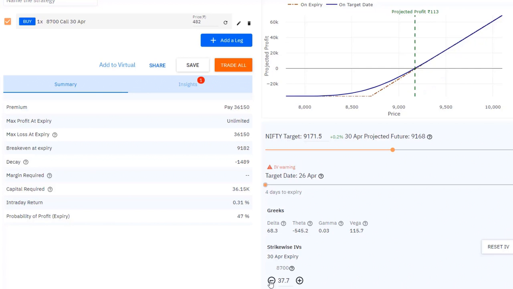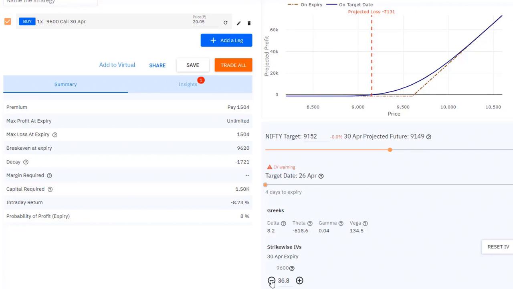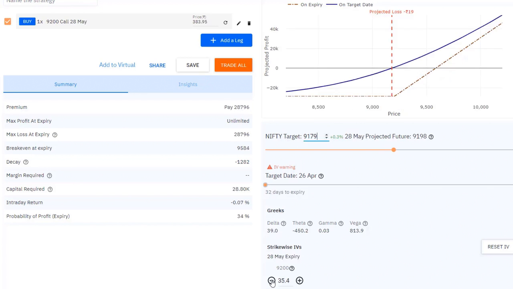So ITM low Vega, you don't have to worry about IV much. ATM 2.5 times as much. OTM, yep, 1 point change in IV is quite a bit. I mean, not so much, 134, but not as much as ATM. But here's the interesting part. Look at this, 813 rupees in Vega. What it means is that if IV goes up 1 point, your P&L changes by 800 points. To put things in perspective, this is as big as a 20 point change in Nifty on an ATM.